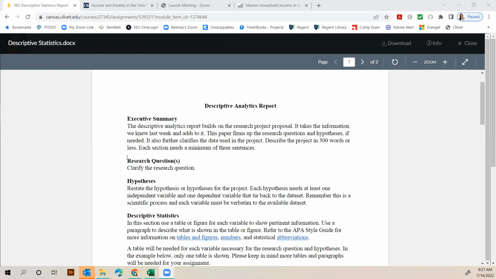For example, your research questions and hypotheses, you can copy those directly from your research proposal document in week 1. The executive summary should be 300 words or less. And this is, what is it that you're doing with your project? Why are you interested in this? How are you going to go about it? What are these data sets inclusive of? So a bit different than your research proposal because we're focused more on the data here. We're taking a more laser focused approach than the first document, but you'll still have a lot of the same